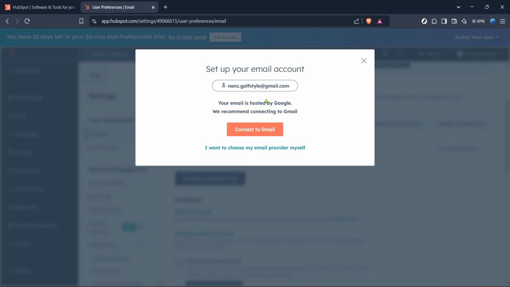With these steps completed, your shared mailbox should now be connected to HubSpot Inbox, making it much easier to manage email communications directly within your CRM. Not only does this integration help in organizing emails, but it also enhances collaboration within teams by keeping track of every customer interaction and ensuring that nothing falls through the cracks.